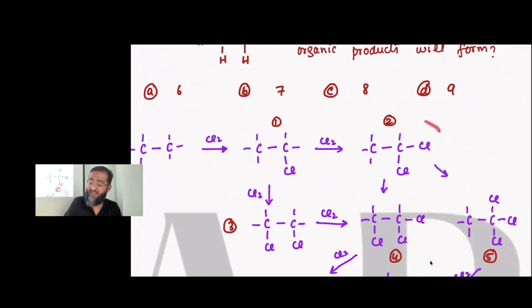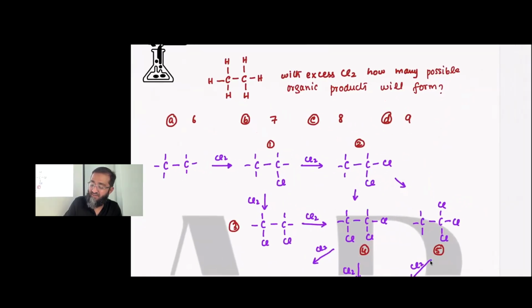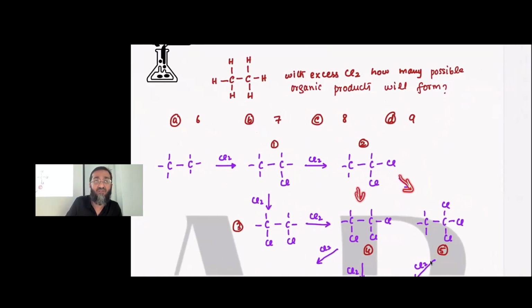But when this one reacts, again we have 2 possibilities, whether the chlorine goes to this place or whether the chlorine goes to that place. So it will form the same thing which is formed by this, and it will form another possible product, this one or this. So it is going to form these 2, right? If you look again, see,